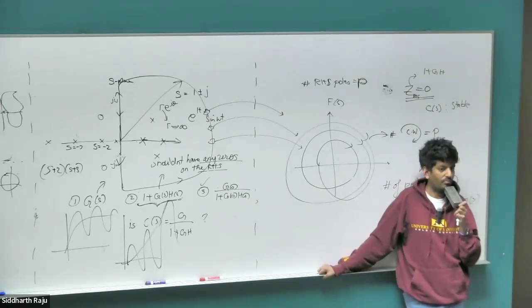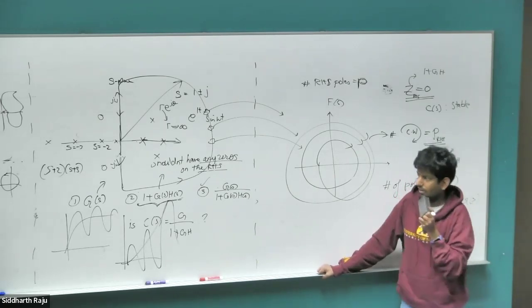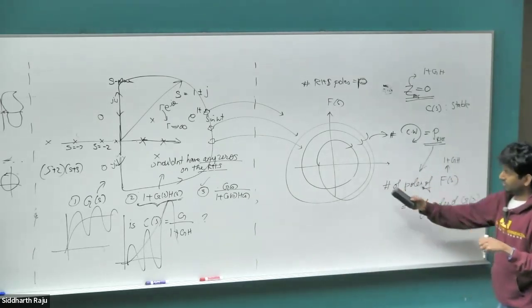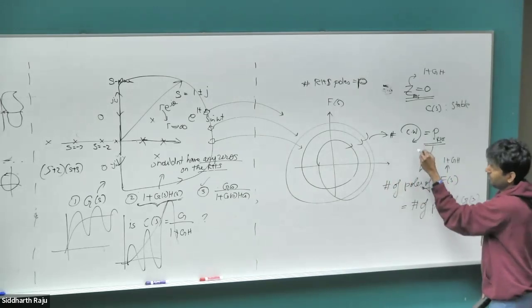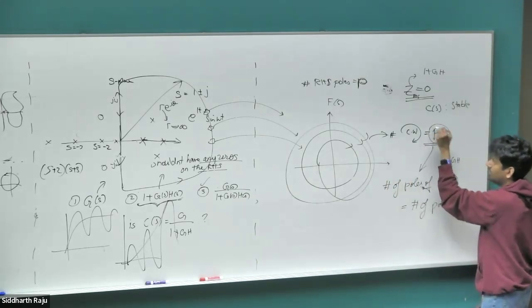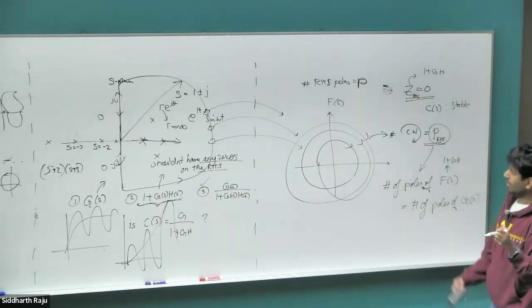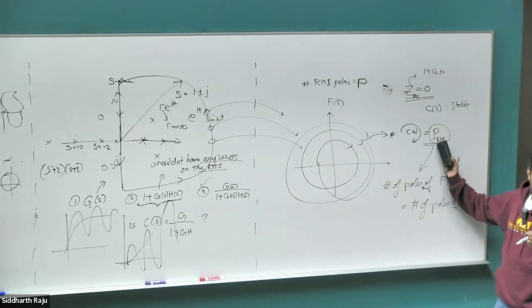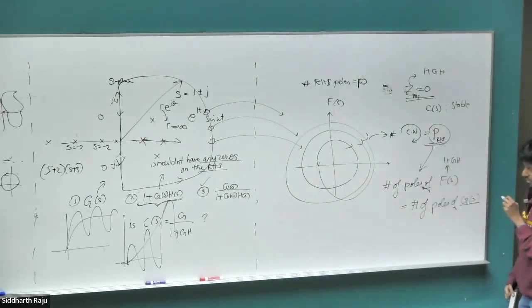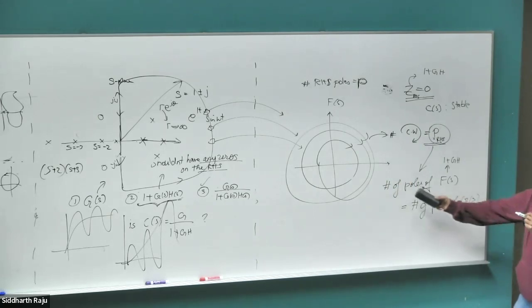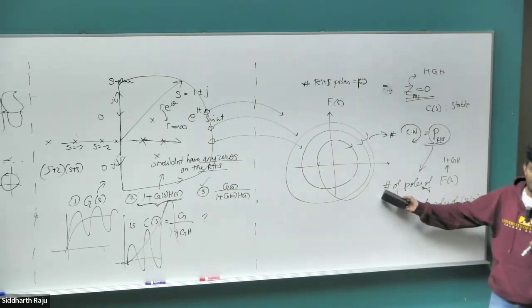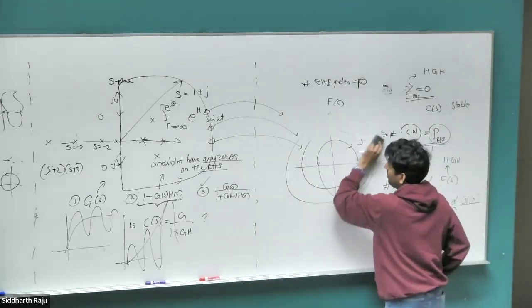What was it? 0, right? Because the number of times it encircles the origin is equal to the number of poles on the RHS. If our open loop system is stable, then there are no poles on the RHS, right? At least G of S has no poles on the RHS. That means our F of S also has no poles on the RHS. So for our stable system,